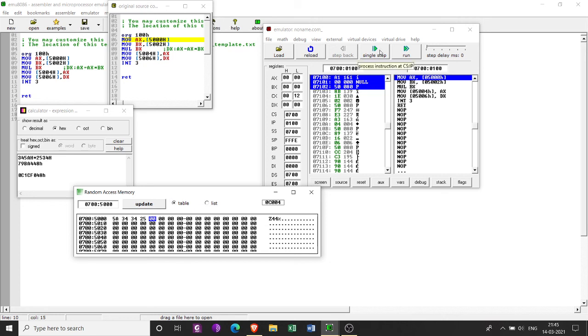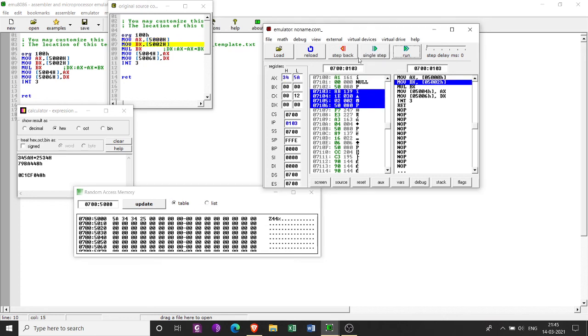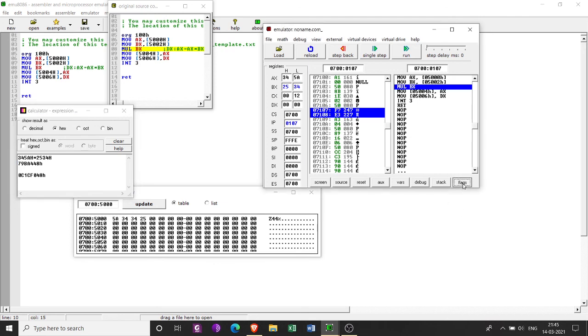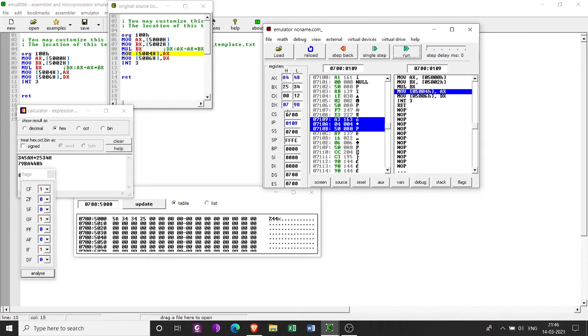Now I am going to execute this. First line, move AX comma 5000, so 345A will be loaded into AX. Next move BX comma 5002, so 2534 will be loaded into BX, and perform the multiplication. You can expect the same result, and you can check the flag register also. See what will happen. So 079B, A448, and CF and OF are 1, because I got the result in DX which is non-zero. So since the DX result is non-zero, your CF and OF are 1. Okay, thanks.